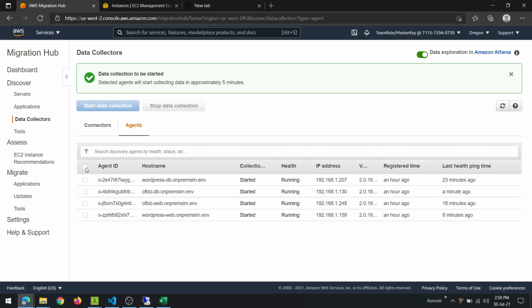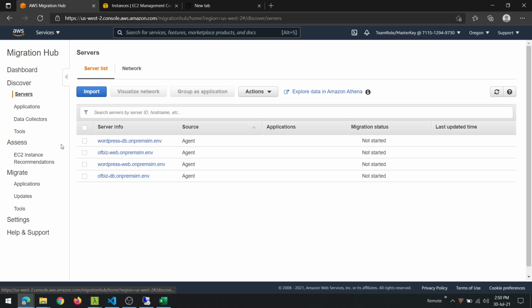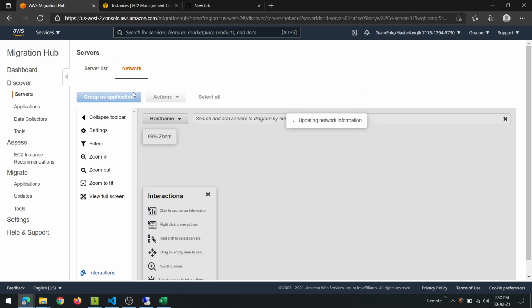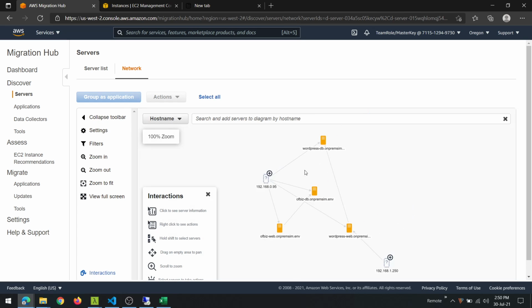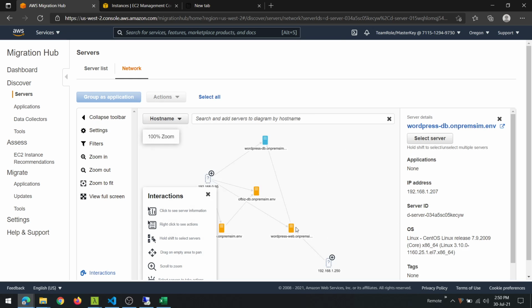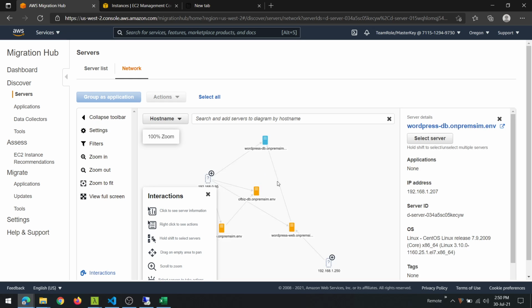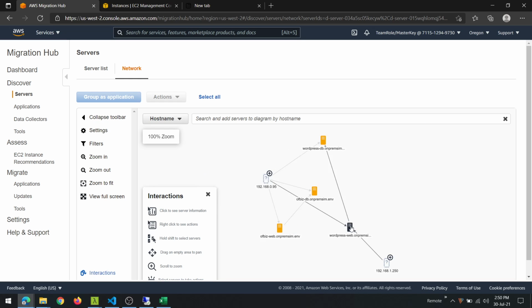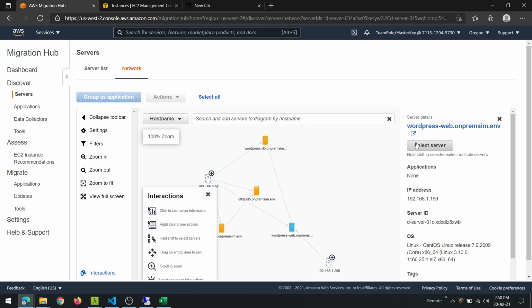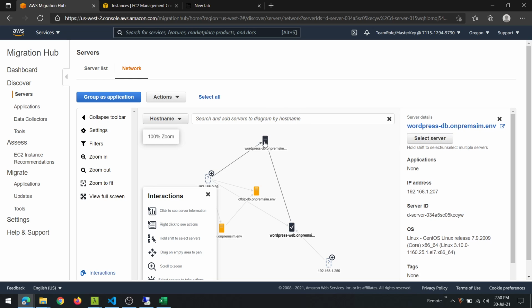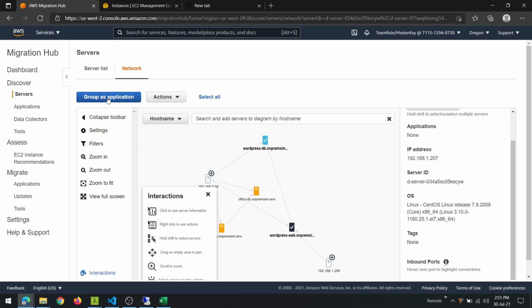What you can do here is you go to the servers and look at the network view, and let's say you want to indicate to ADS that these 2 applications belong to the same application. So you select both these servers and then you group them as application.